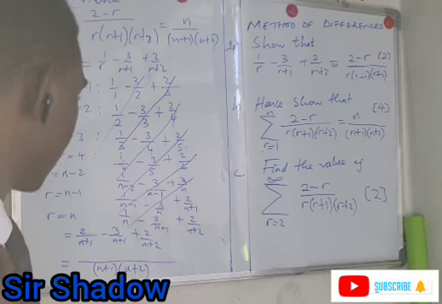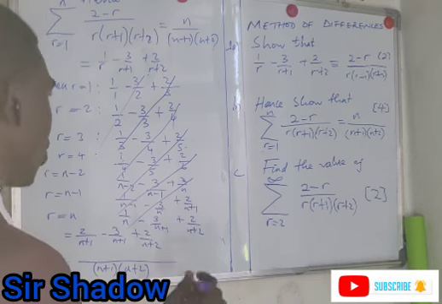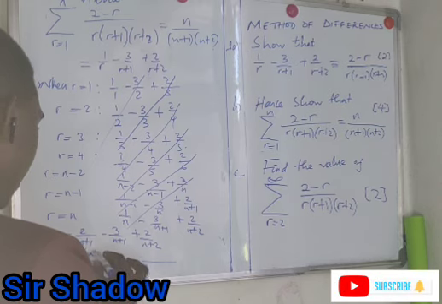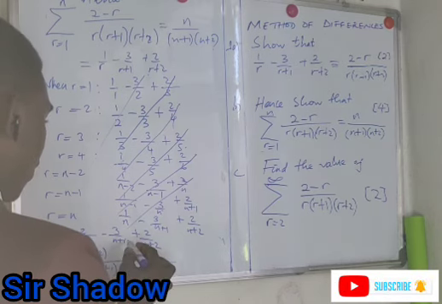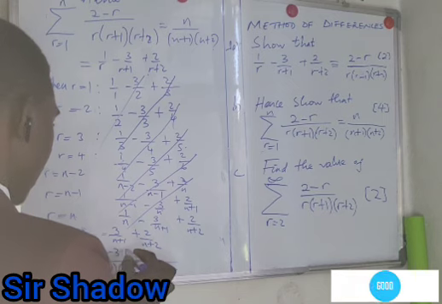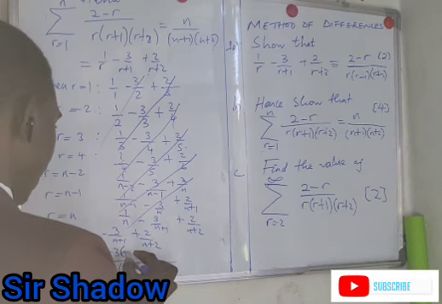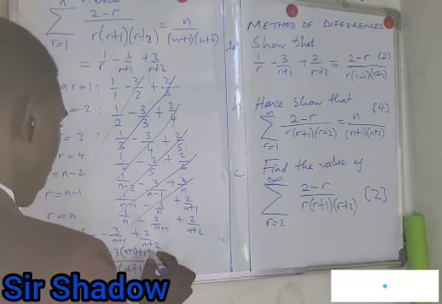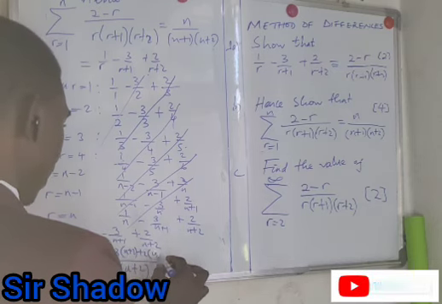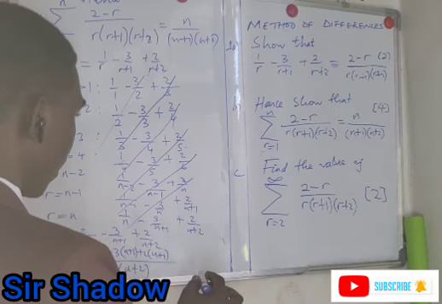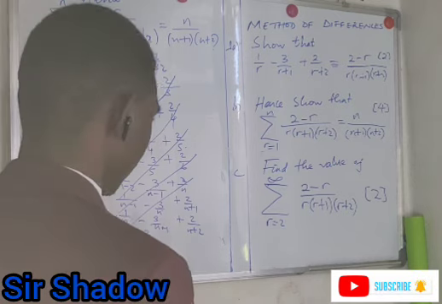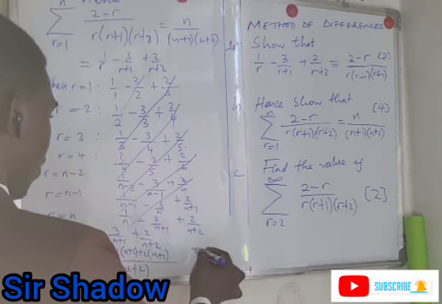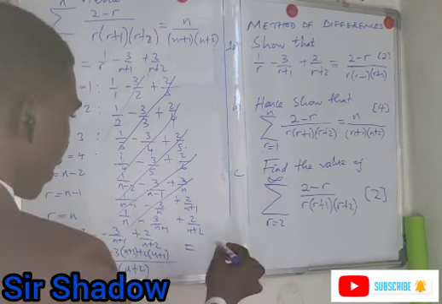So n plus 1 into this lowest common denominator gives us 2 multiplying n plus 2. Then this one into this one gives us minus 3 multiplying n plus 2. Then this one to this one gives us plus 2 multiplying n plus 1. Alright, we have this part. This is equal to, simplifying the numerator,